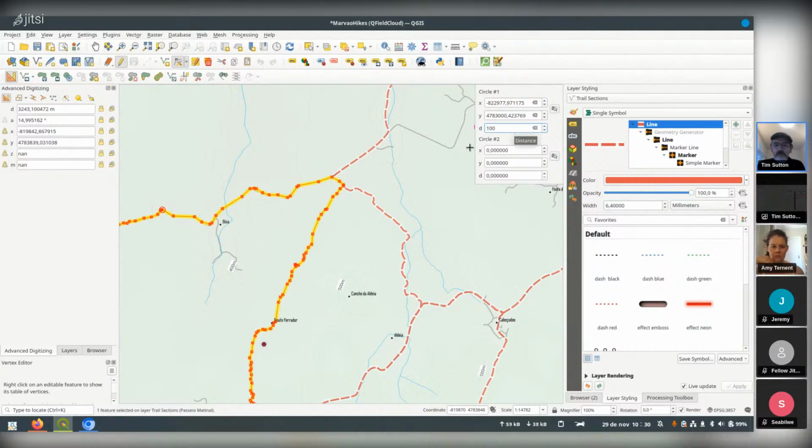Okay, there you can see my circle. It's a bit... There we go. I can see it quite nicely now. So if I click my next circle over here,